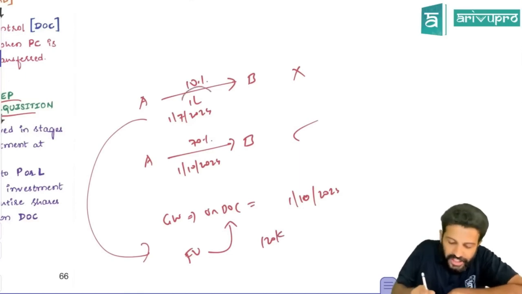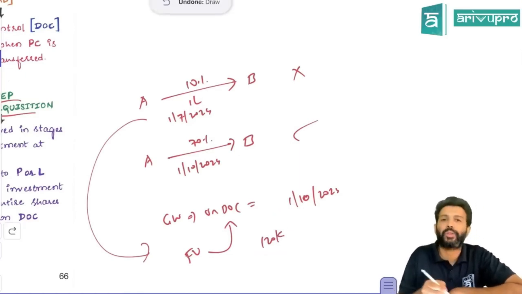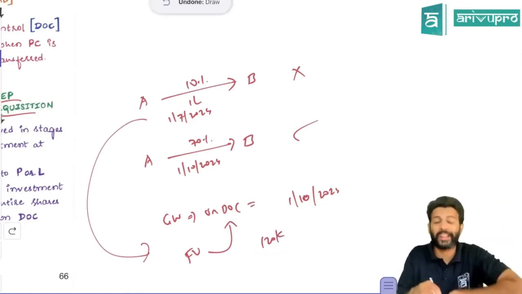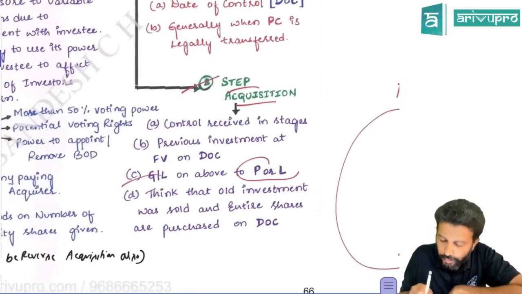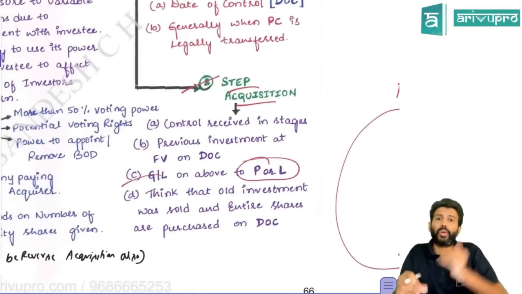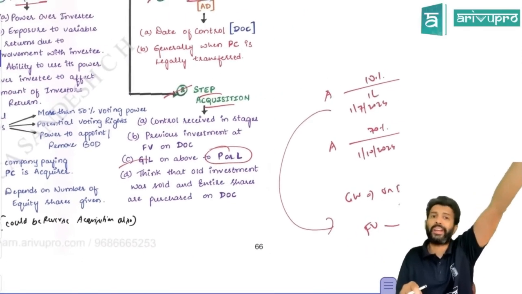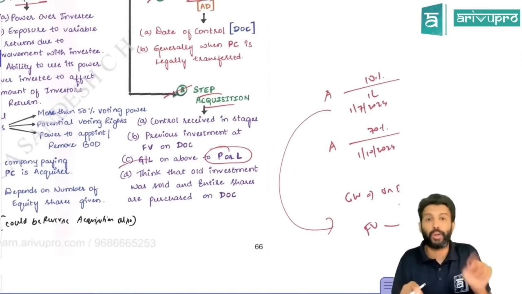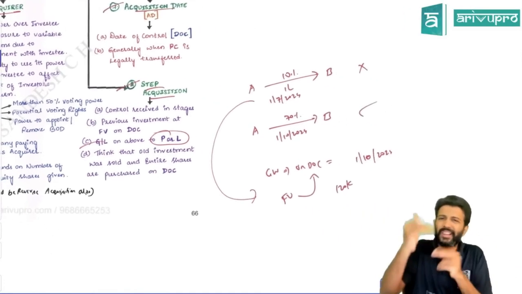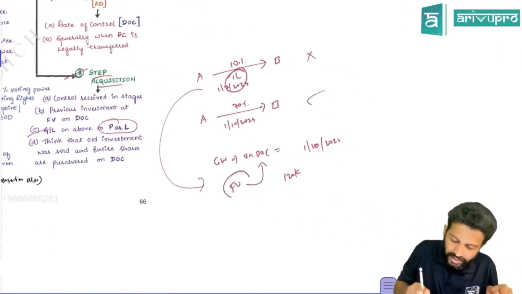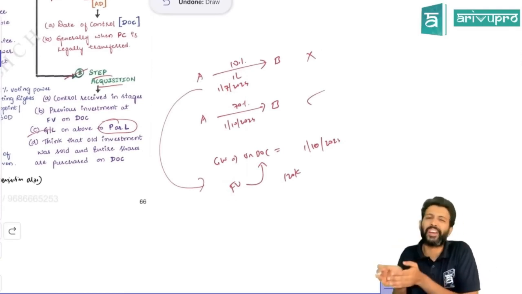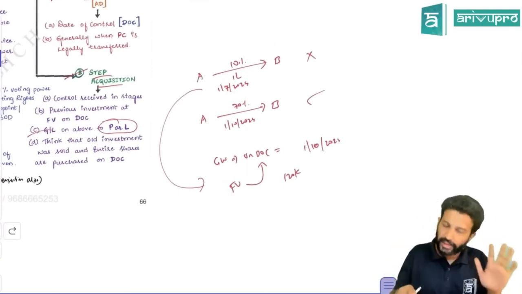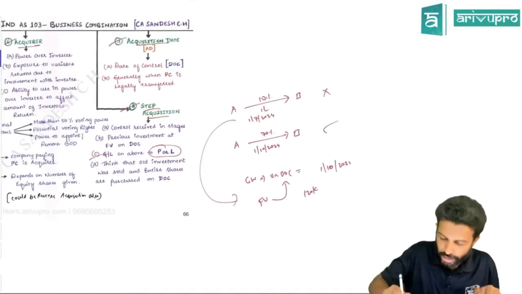Okay, so that means you purchased for 1, its fair value has become 1,20,000, meaning it has increased. No, it has increased by 20,000. That is a gain. You will transfer it off to P&L account. So whenever you get control, whatever previous investments you already have, it should be restated at fair value on the date of control. And if there is any difference between this amount and this fair value, that difference is nothing but your gain or loss, which will be transferred off to P&L account. This is the case of a step acquisition.